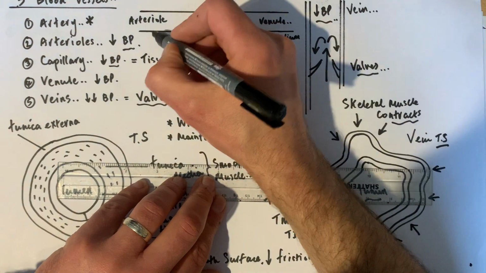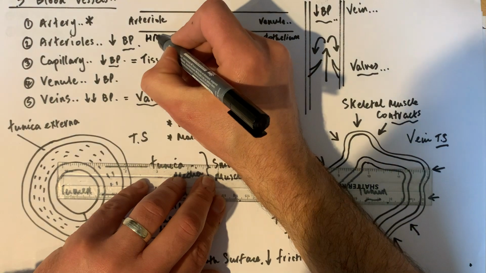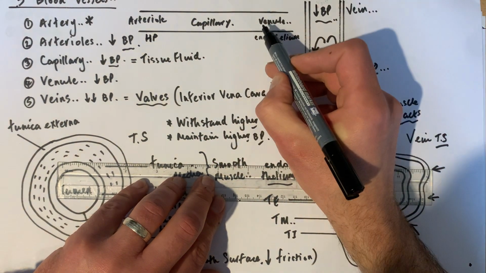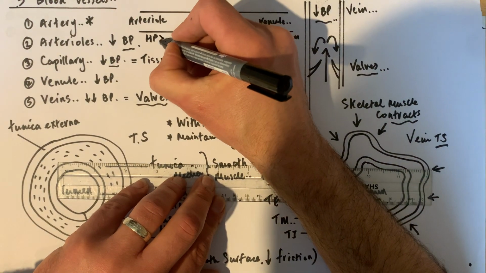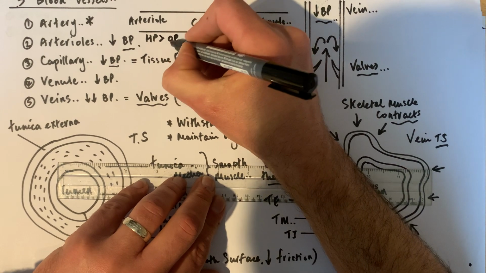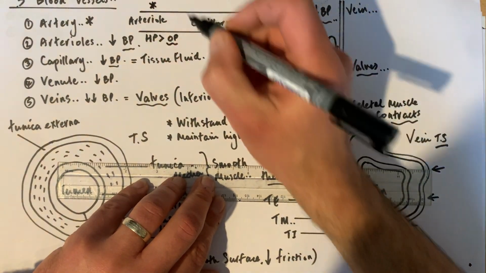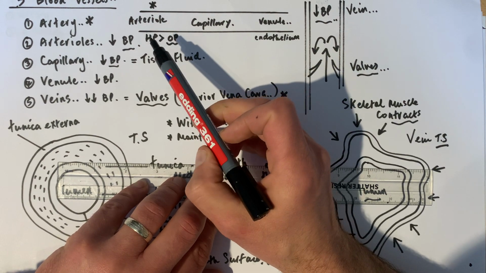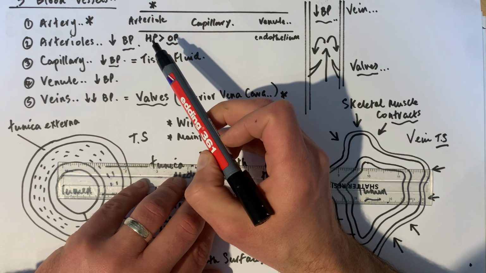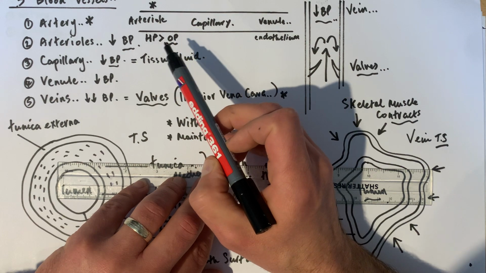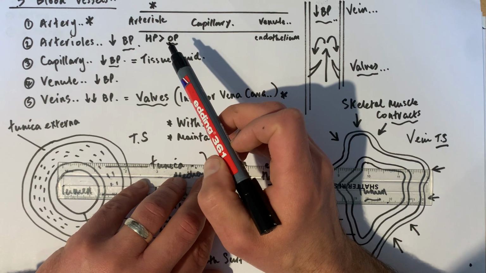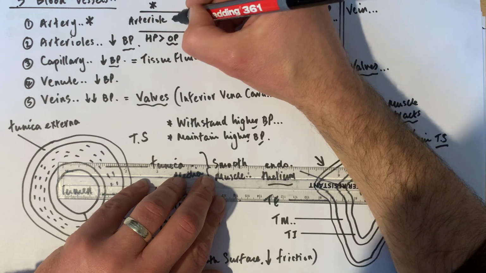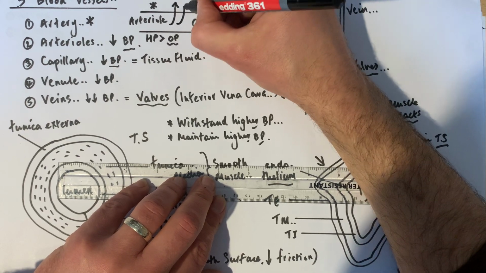But the hydrostatic pressure, the pushing force of the fluid against the inside of the capillary, is greater than the pulling force of the osmotic pressure at the arterial end of the capillary. So the higher hydrostatic pressure is having a bigger net impact than the osmotic pressure. So the net effect is to force out water